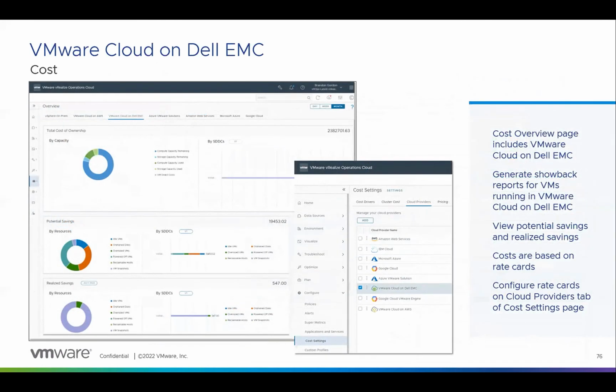We have the ability to show cost for your VMC on Dell environment. So this is actually based on rate card costing. So it's not based on the bill currently, but it is based on the rate card. So you can modify the rate card in the cloud providers tab of your cost settings page. So if you have discounts or whatever, you can go and modify the rate card to improve the costs that